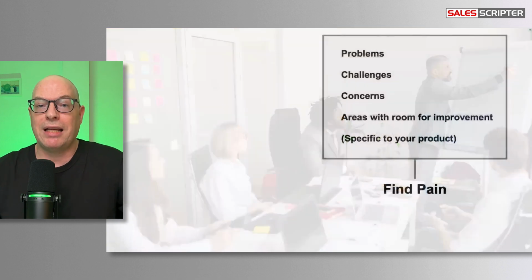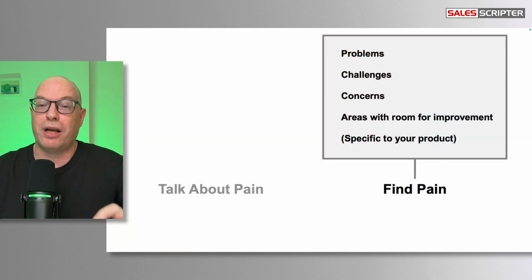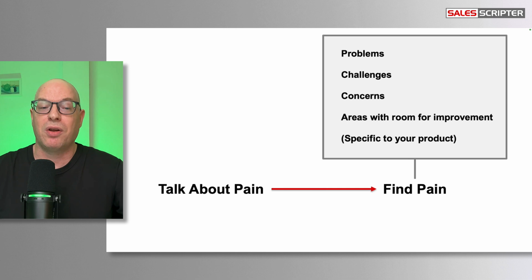So this is not easy, but what I'm going to show you here is going to make this easy, because what we need to do in order to improve our ability to find pain is improve our ability to talk about pain when we're on the phone and in meetings with prospects. And this is twofold. One is talking about the pain that we can help to solve. And the other half of it is asking good questions so we get the prospect talking about the pain that